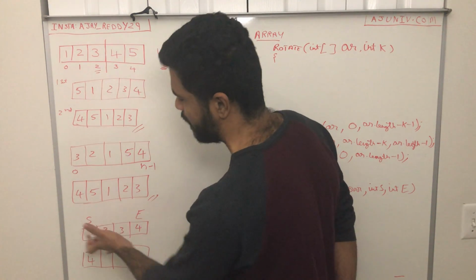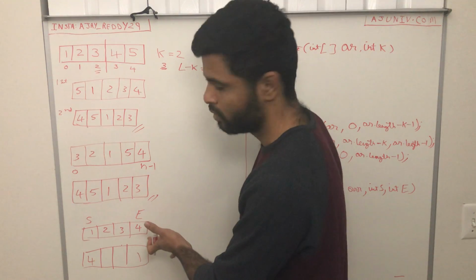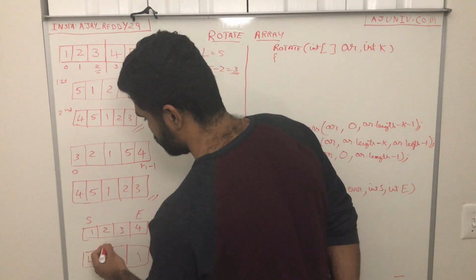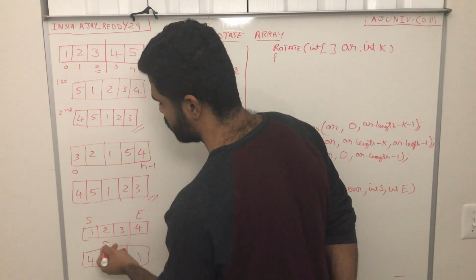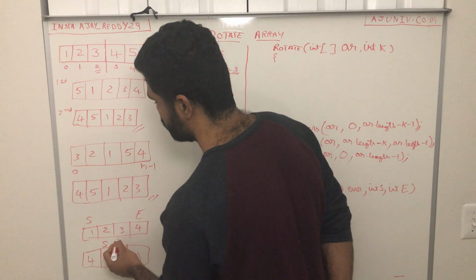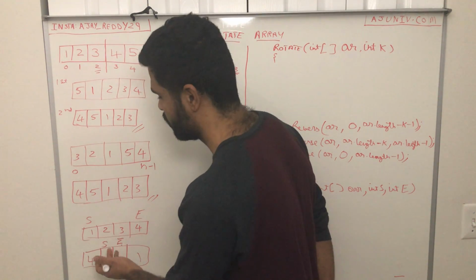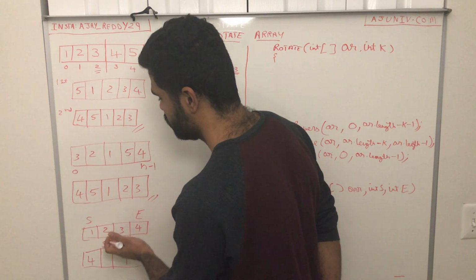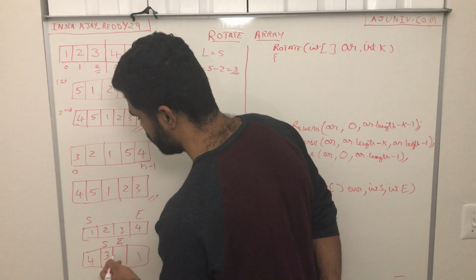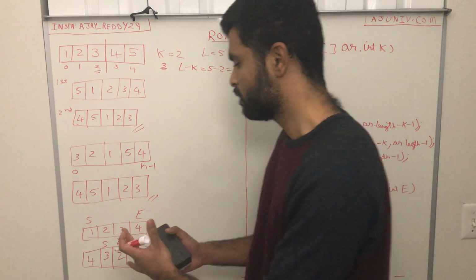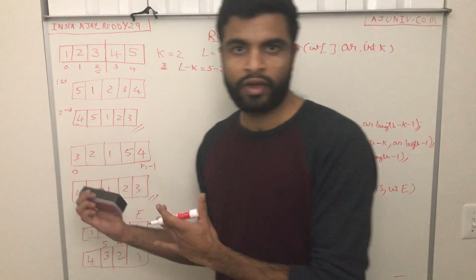So you have to swap the start index and the end index, and you have to increment start and decrement end. After incrementing start, it will come here. After decrementing end, it will come here. Again you have to swap the start and end, which will be 2 and 3. That would be 3 here, and 2 would be here after swapping. So in this way you will swap all the elements in the array, and finally you will get the reverse